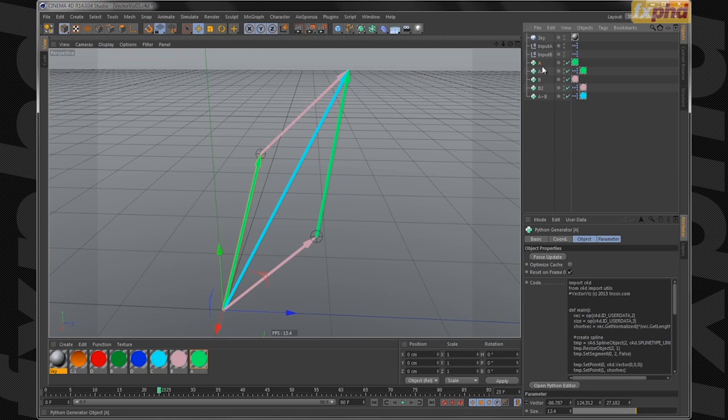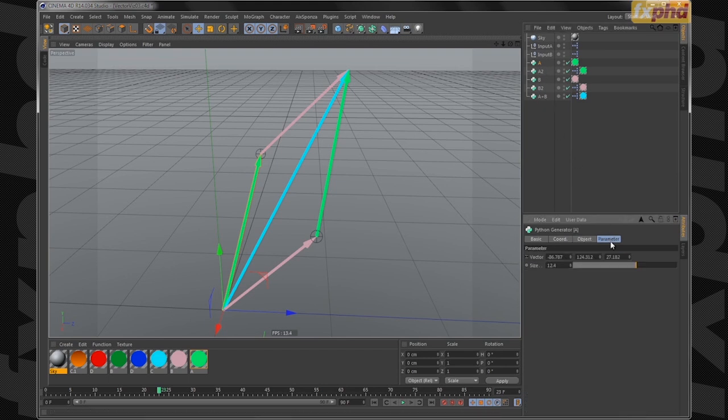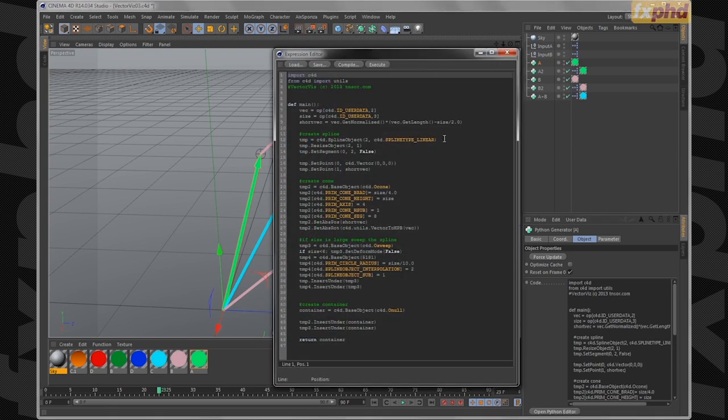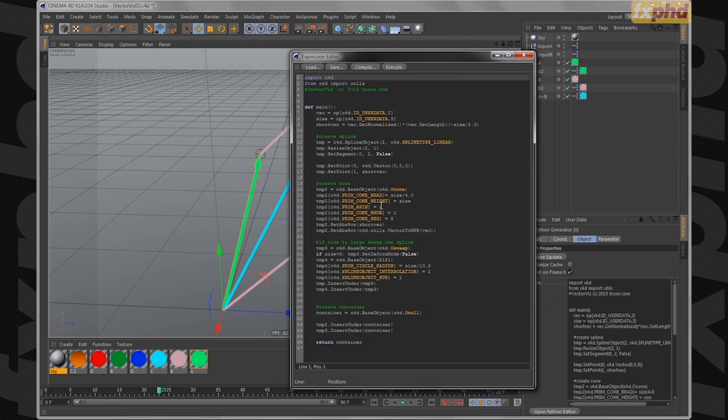What I did is I created a Python generator and gave it custom parameters. Of course, the vector itself, which I try to display. In 3D, I have 3 coordinates making up the vector. And the size really does nothing but make it thicker, such that you can see it easily. And what I do inside the code, it's not necessary that you rebuild it, because you can download this scene and have a look on your own